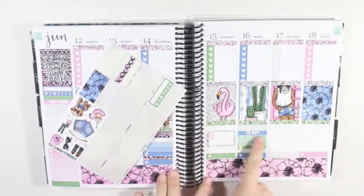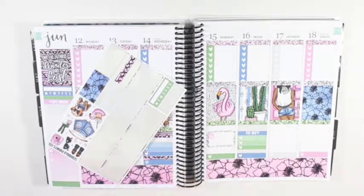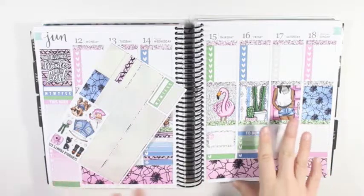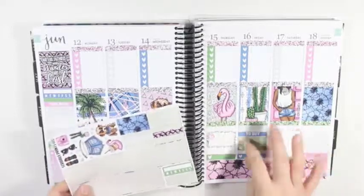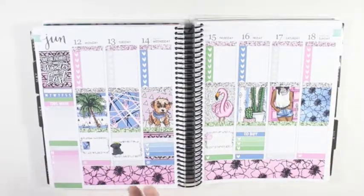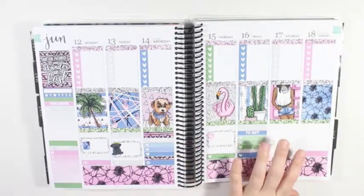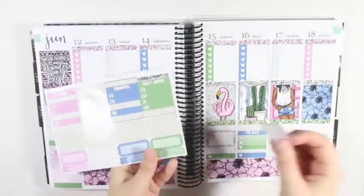And there's a teensy tiny bit of white space between the checklist and the header and the washi, but that is not enough to bother me. I'm just going to leave it like that. And that is everything for Friday. Then for Saturday, I'm going to take the last half box